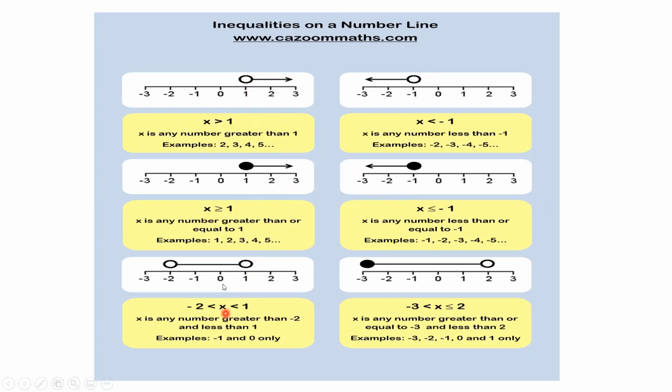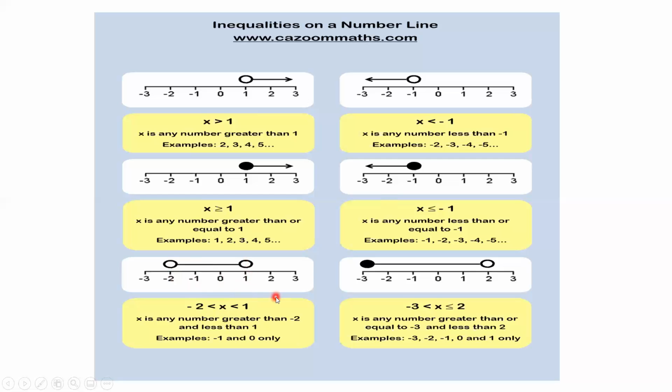Okay, so when you look at this one here, guys, both numbers are open. That means the numbers between -2 and 1. So -2 is less than x, x is less than 1. So -2 is excluded and 1 is excluded. So the only numbers that will fall under this inequality are -1 and 0, because -1 and 0 are between